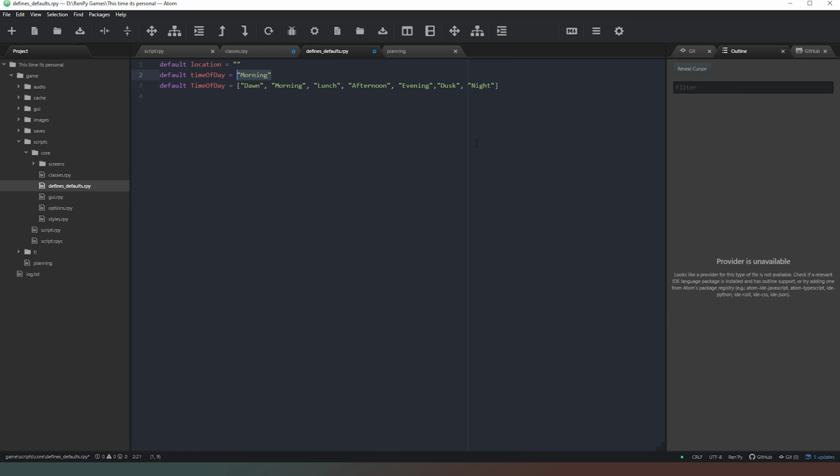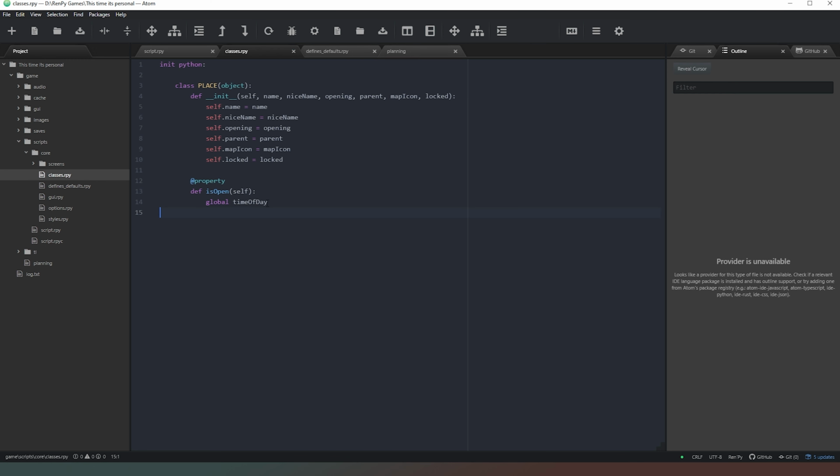And then all we have to do now is we just say that time of day is actually just going to be a number, and it's going to be, let's say, number 2, or in this case number 1, because that's actually property number 1, 0, 1, 2, 3, 4, 5, 6, like so. Okay, I think we got that pretty well sorted out. So we can say we've got global time of day,